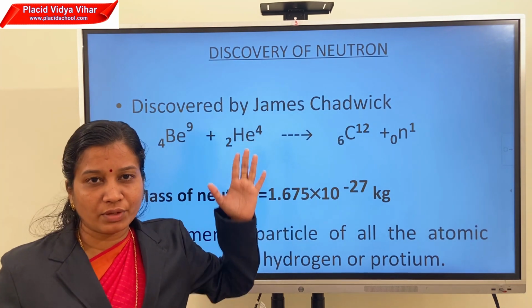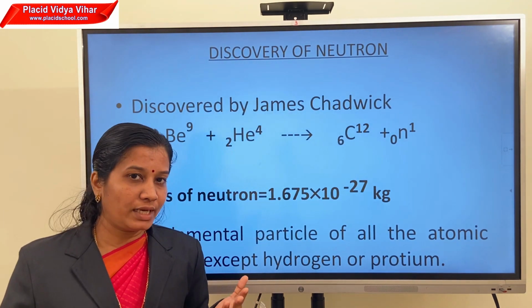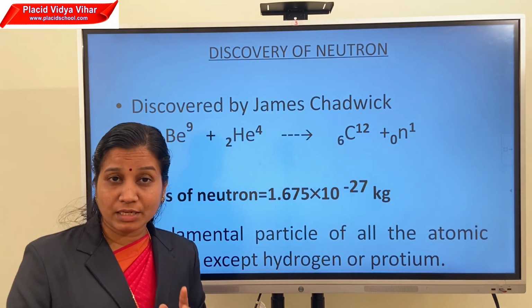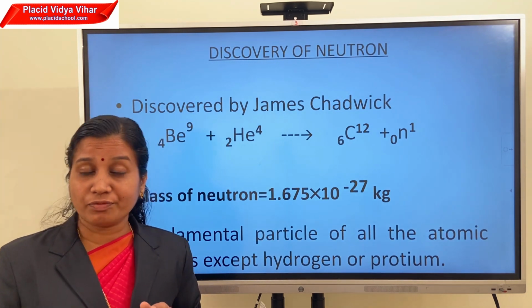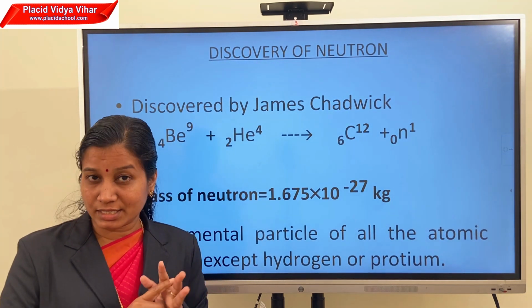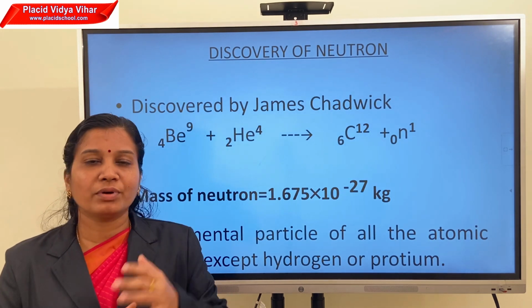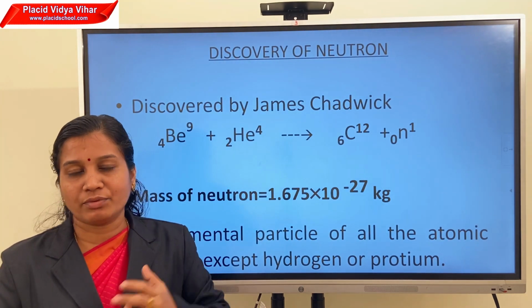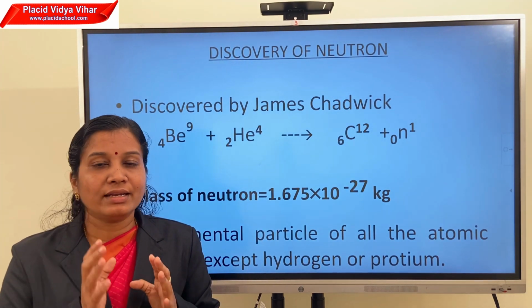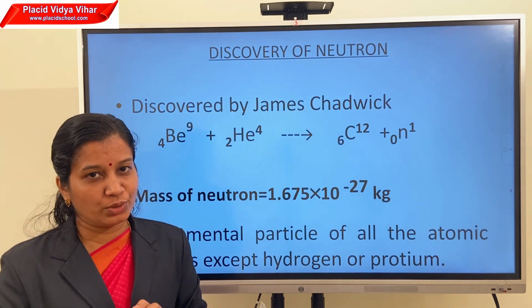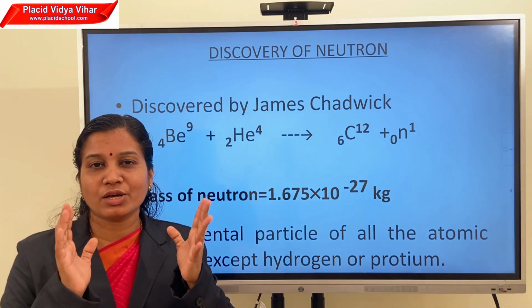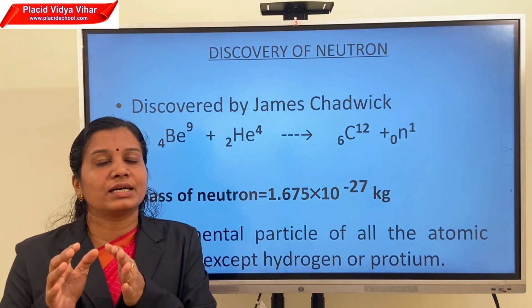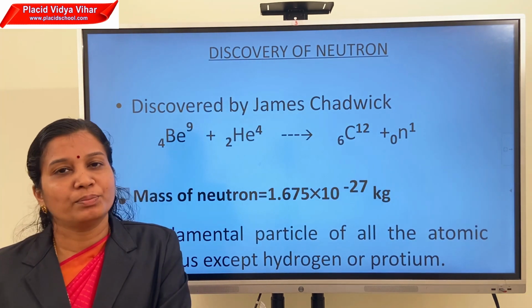So before going to the discovery of neutron, I can say the characteristics of the anode rays. What are they? It travels in a straight line, is deflected by electric and magnetic field, consists of material particles, and it is a positively charged particle. The most important thing, it depends upon the nature of the gas, and you see the different values when we take the hydrogen gas in the cylindrical glass tube. So what led to the discovery of proton? The atom as a whole is electrically neutral. In addition to that negatively charged particle, there must be some positively charged particle. So that led to the discovery of proton.